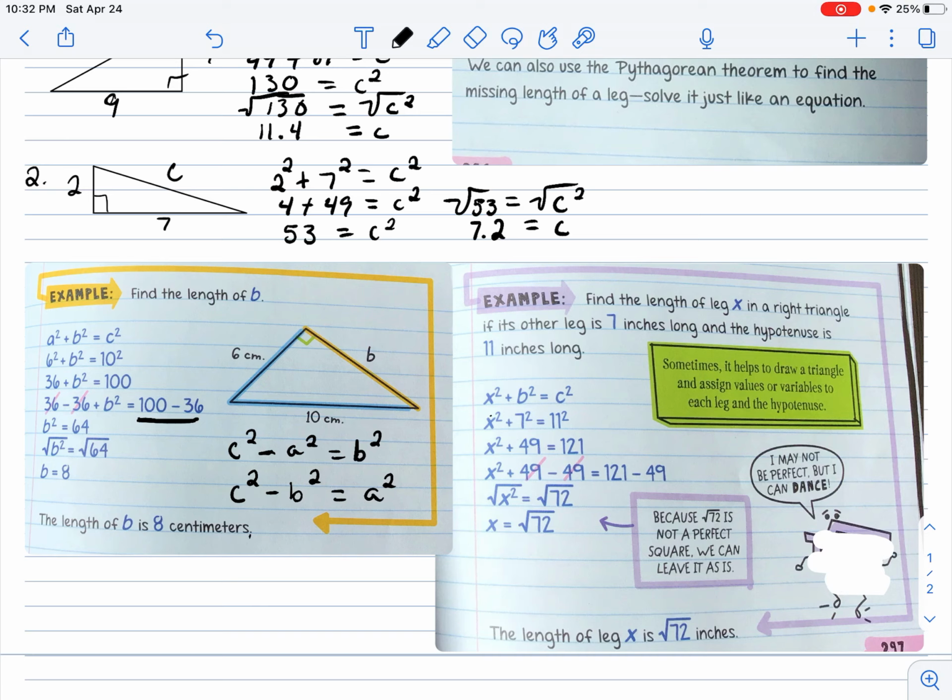So once again, you subtract the 49 from both sides. It's going to cancel out on the left-hand side. On the right-hand side, you're going to have 121 minus 49, which leaves you with 72. Okay, so x squared is 72. To find out what x is, we have to take the square root of both sides. And here x equals, they just left it as the square root of 72. Because here they wanted the exact